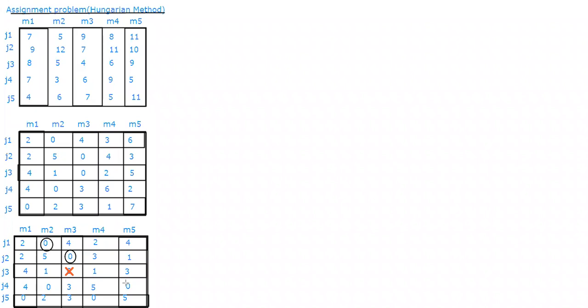But before that, whatever I have assigned, I'm putting an assignment mark like this. So this is a waste number for me. The first 0 is a 0, so I'm just putting a cross. This 0 is waste, it is of no use to me. So I'm going to leave it.